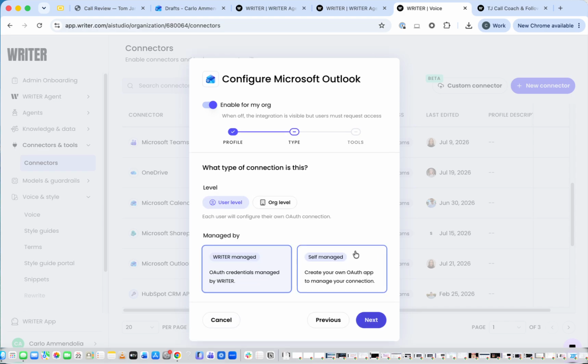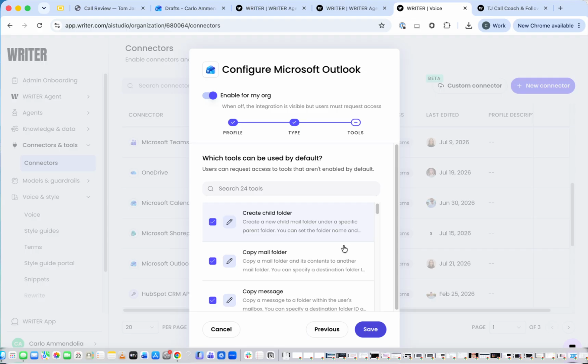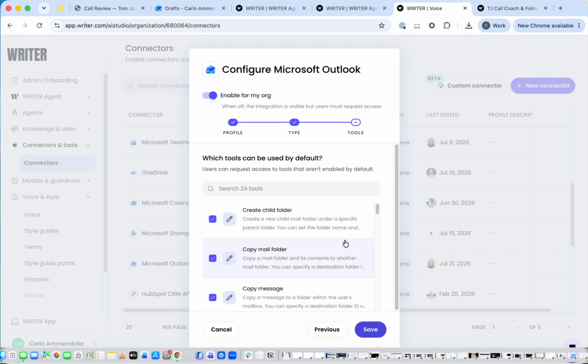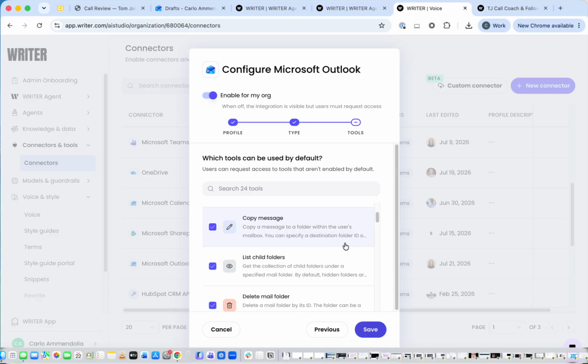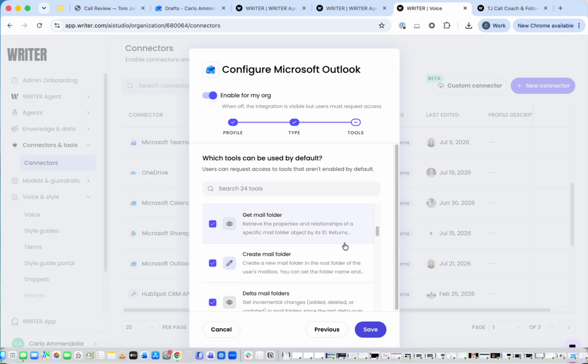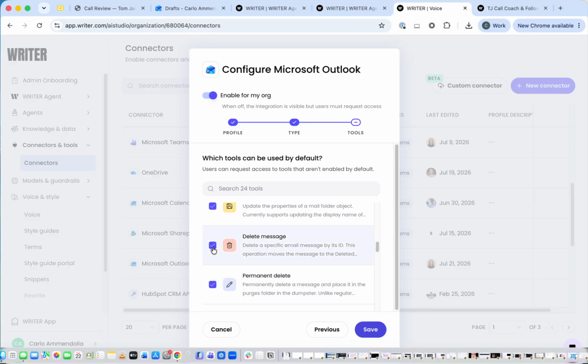So what I mean by that is these are all the capabilities or things that our Outlook connector can do agentically through our platform. And if he doesn't want it to be able to delete messages, boom, we turn that off at the back end level, save that. And any user that goes to use the Microsoft Outlook connector never will have the ability to delete a message based on the AI.